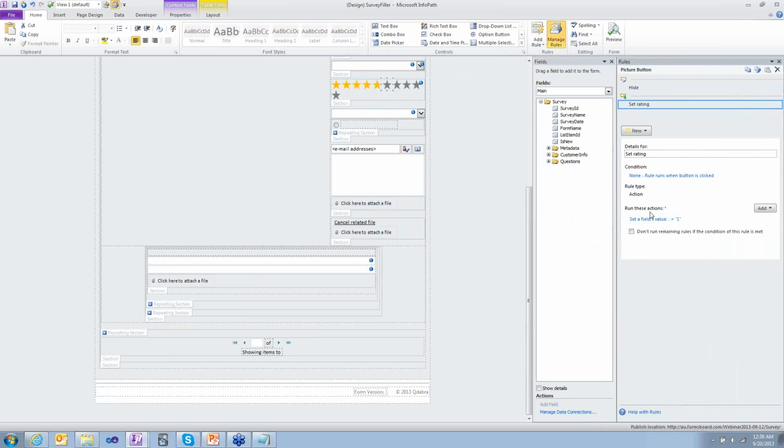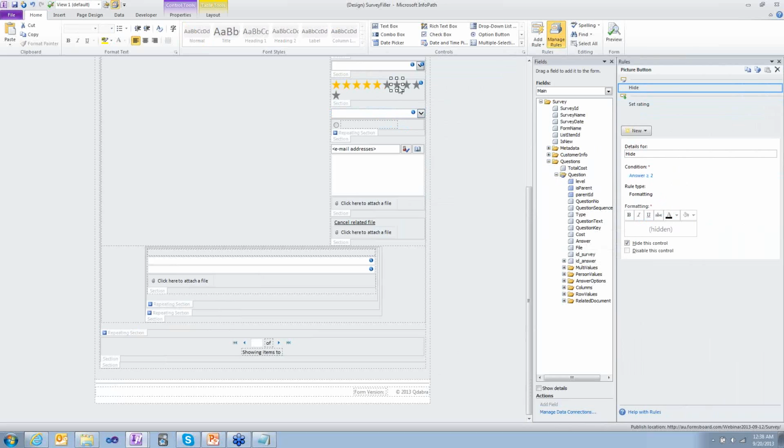And when I say rating, I actually mean value. We have an answer field here which stores the actual answer. So if I click this, it'll set answer to 1. If I click this, it'll set it to 2, and then 3, and so on. And then there is conditional formatting to show or hide the right number of yellow and gray stars as needed. So if the answer is greater than 1, we'll hide the first gray star and show